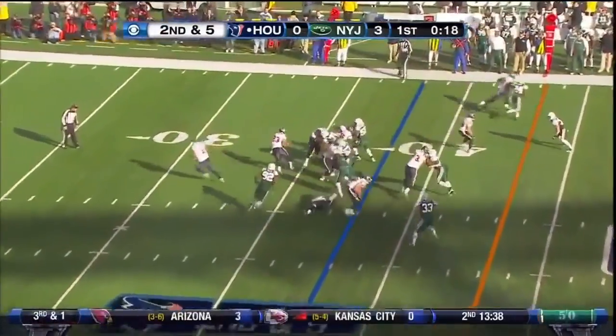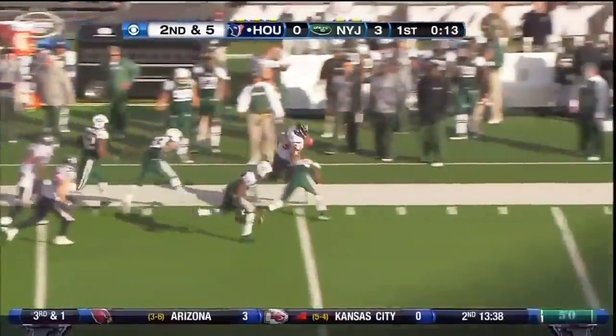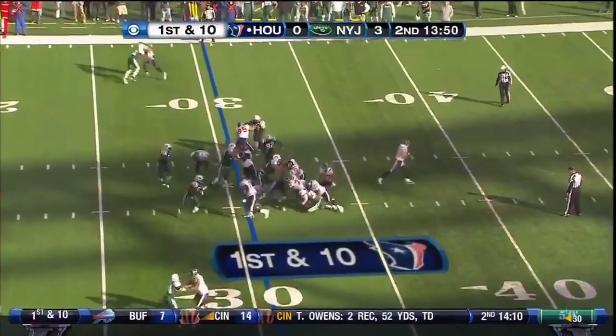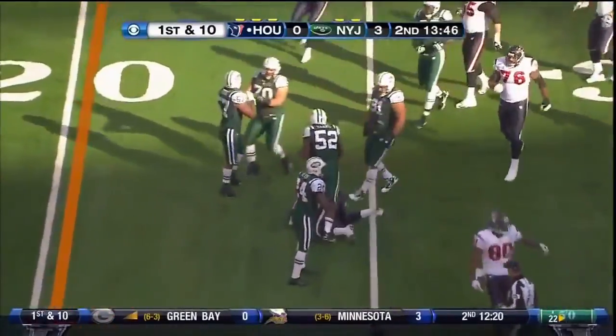Schaub on 2nd and 5, and again Foster, left side, turns the corner, has a first down up the sideline. He rounds the corner, and right there he kind of, you see him hit. Houston. Foster again. Dips to the outside, inside it's 30 to the...